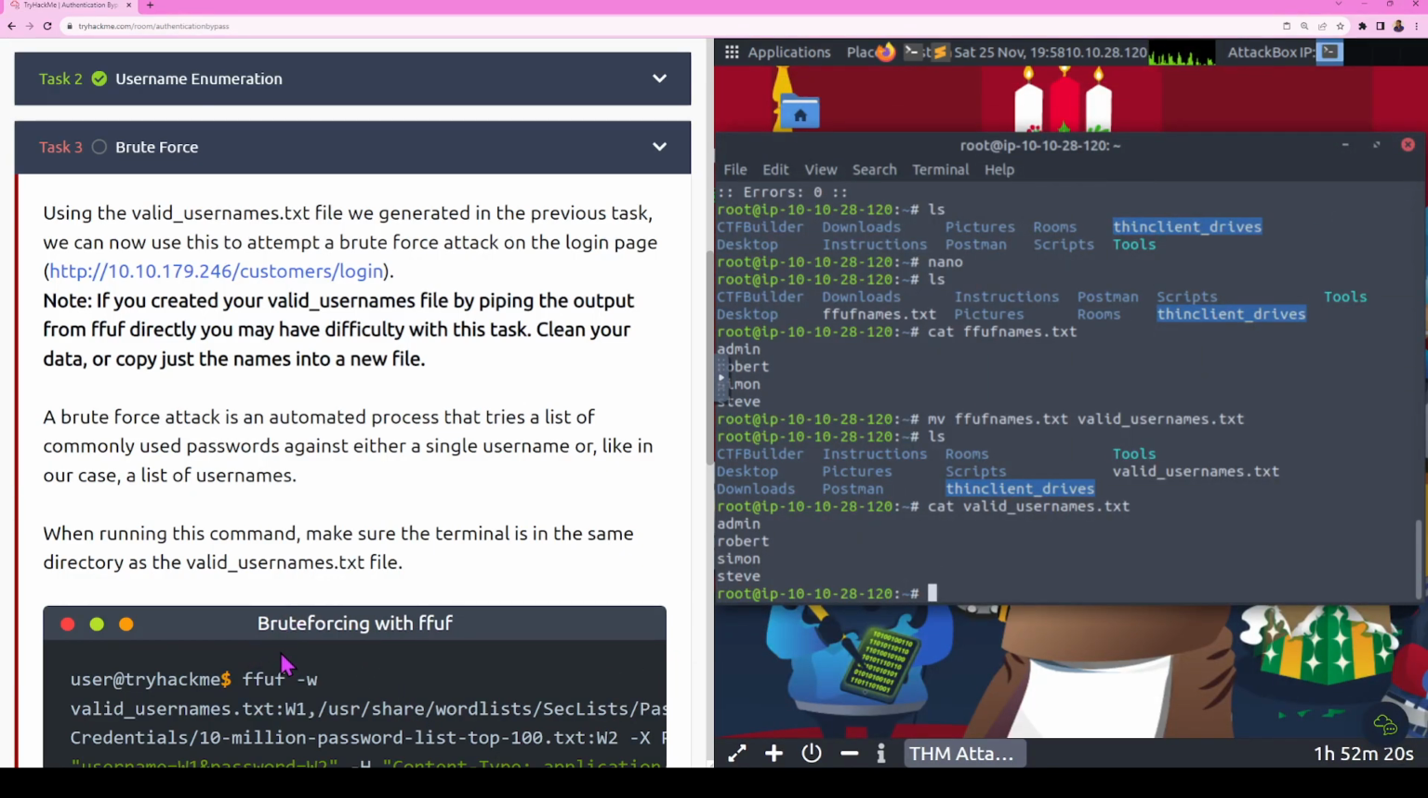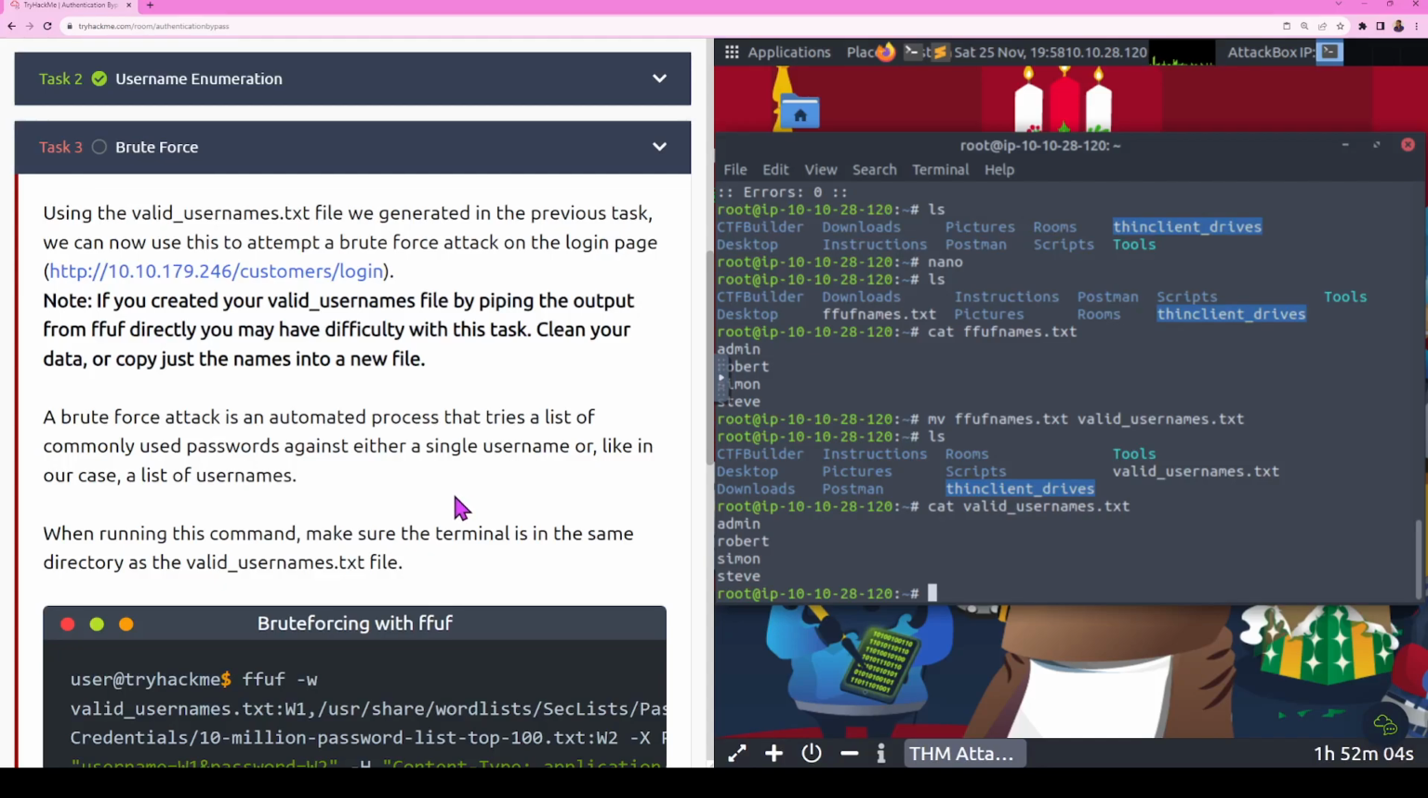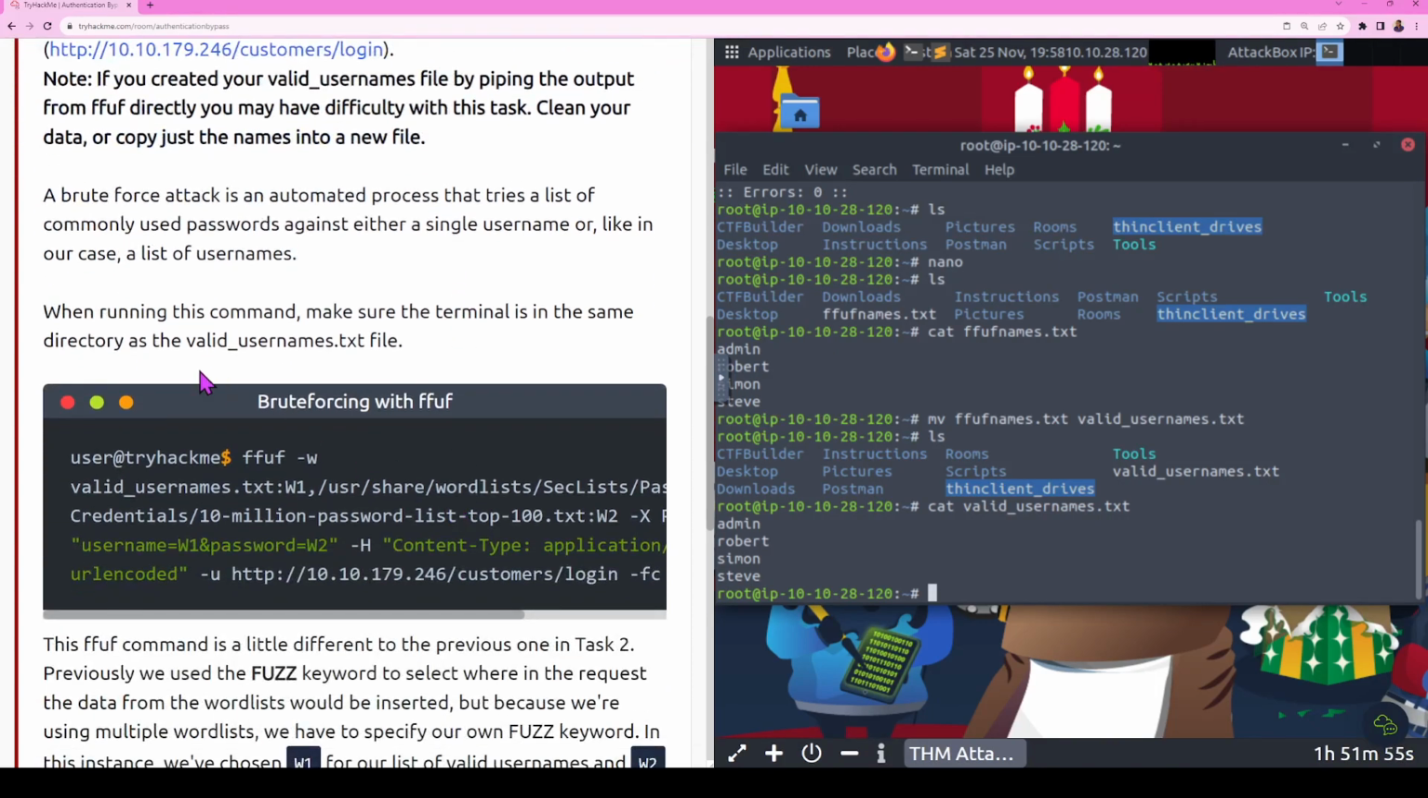If you created your valid usernames by piping the output of ffuf directly, you may have difficulty in this task. Clean up your data or just copy the names into a new file. Cool. A brute force attack is an automated process that tries a list of commonly used passwords against either a single username or, like in our case, a list of usernames. When running this command, make sure the terminal is in the same directory as